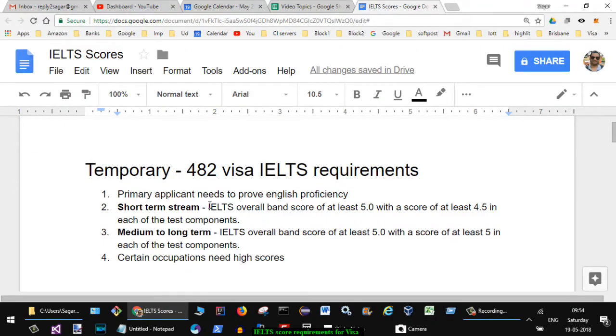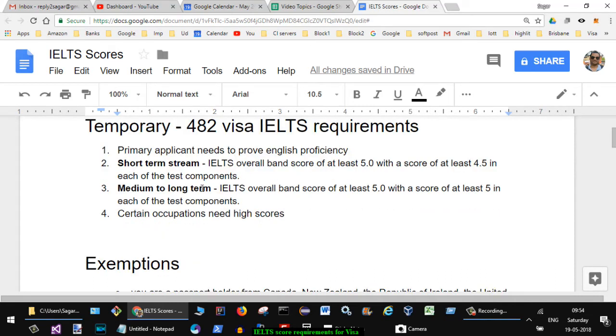Let us start with the short-term visa, that is the 482 temporary visa. What IELTS scores are required? The primary applicant needs to prove English proficiency. If you have any dependents, they don't need to prove English proficiency. Now there are two streams in 482, as we know: the short-term stream and the medium to long-term stream. In the short-term stream,